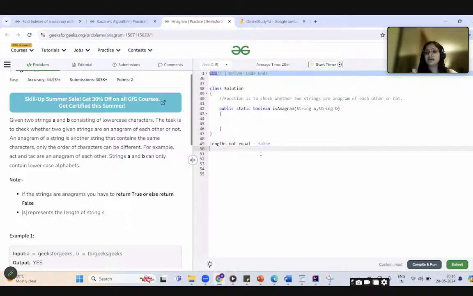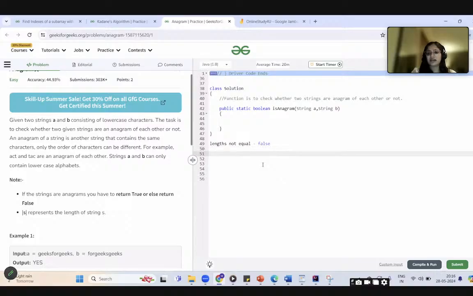Next, we have to check which data structure we can use to check if two strings are anagrams or not. First of all, we will check with the basic data structure, arrays. Can we use arrays to see if two strings are anagrams or not? Of course. If we want to convert a string to an array, what do we have to do?